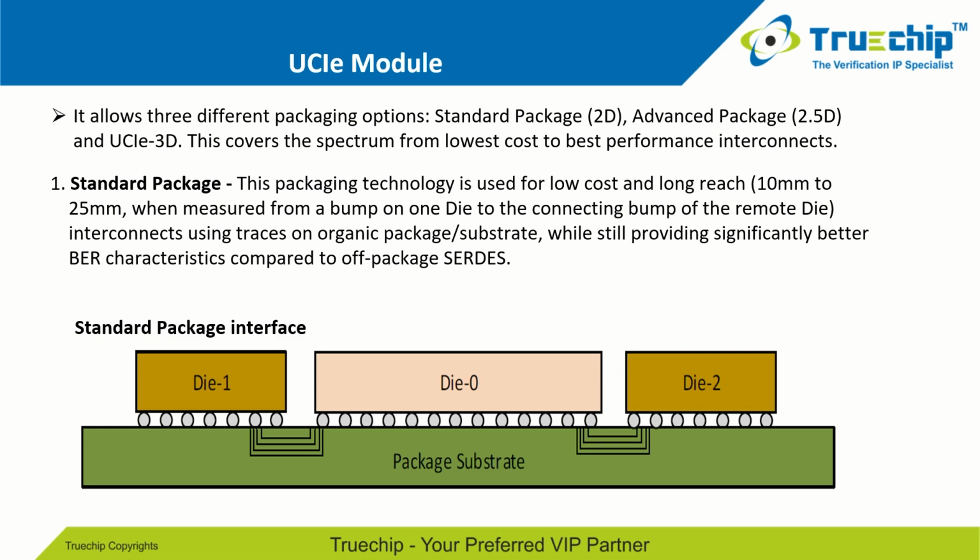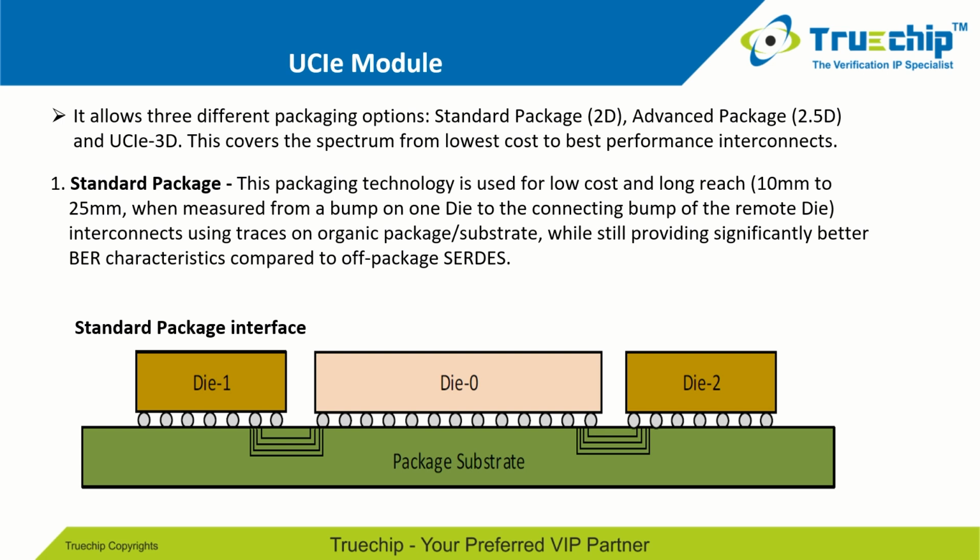So the UCIe module allows three different packaging options that are standard package, advanced package, and UCIe 3D, and it covers the spectrum from lowest cost to best performance interconnects. So the first package, which is standard package, this packaging technology is used for low cost and long reach, and it also interconnects using traces on organic package or substrate while providing significantly better bit error rate characteristics